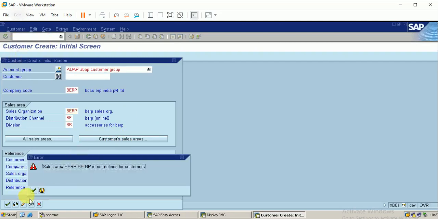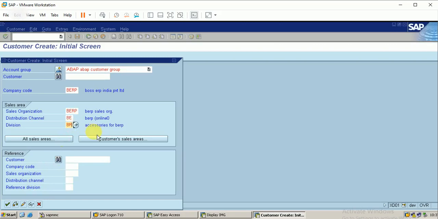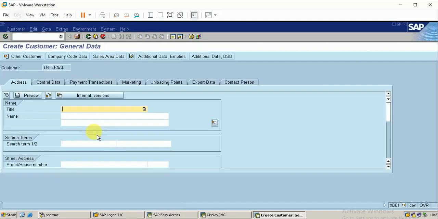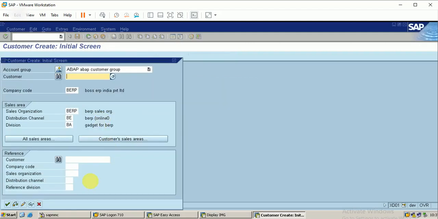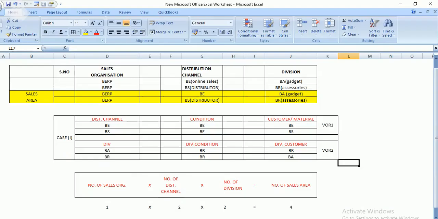Just click on Enter. Let me try for BA. Click on Enter. So it allows.